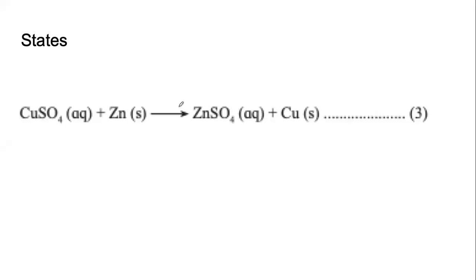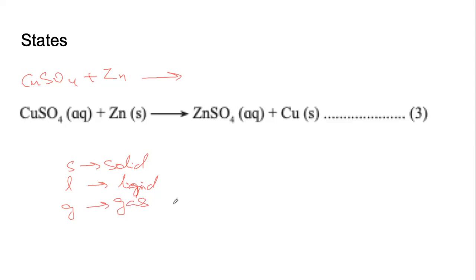To make the information even more informative, because we said copper sulfate solution, not copper sulfate, but when we wrote in the previous step, we only wrote CuSO4. Now, if I see CuSO4 and Zn, I don't know whether it is a solution or what. So to give more meaning to this equation, we add the state information. When we write S, it means solid. Of course, if we write L, it will mean liquid. If we write G, it will mean gas.